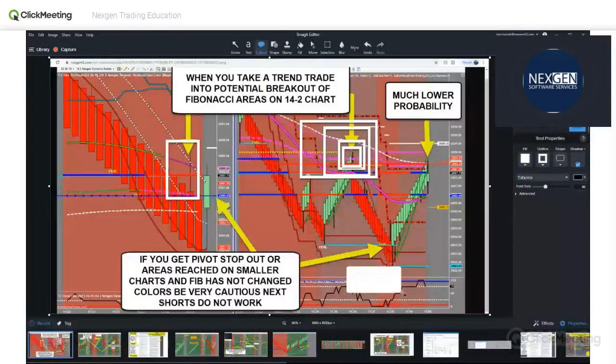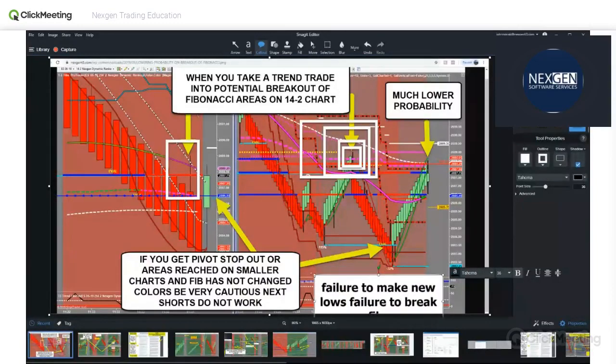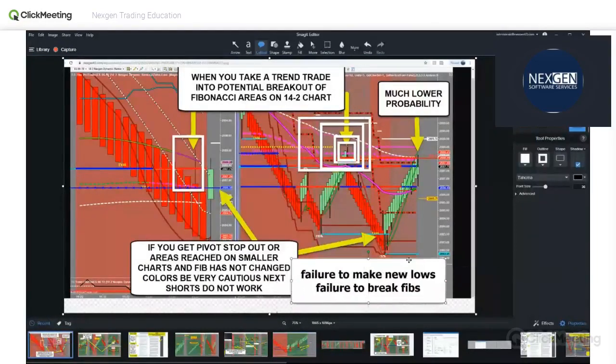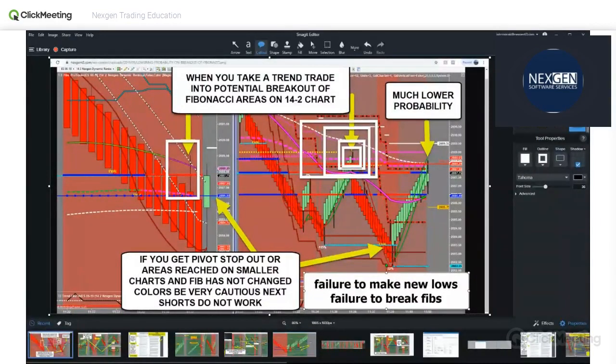And it's during the failure to make new lows, failure to break fibs, meaning changing colors, some type of failure at the low. All of a sudden and very instantly, I mean, I'm talking about within 12 seconds, you go from being able to go short with reckless abandon and 100% happy, and the whole world is going for you, and you're making a ton of money, and everything is great. And then you have the same exact look,